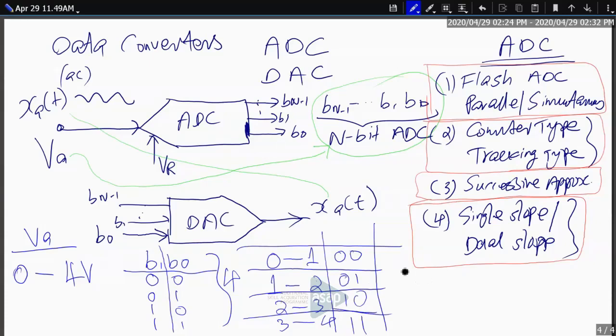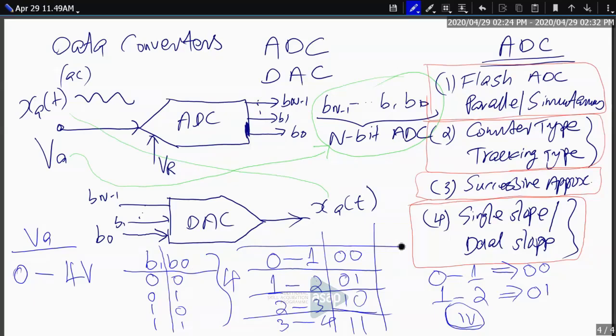Naturally, between 0 and 4, you can have an infinite number of possible values for the voltage VA. 0 can be there, 0.001 can be there, like that. Infinite possibilities are there between 0 and 4. But the limitation of this binary representation, or the digital representation, is that we can only have 00, 01, 10 or 11. That means only 4 distinct codes are available. So naturally, there is a question of how the infinite possible values are assigned binary codes. It is not possible. So that is one limitation of the ADC operation.